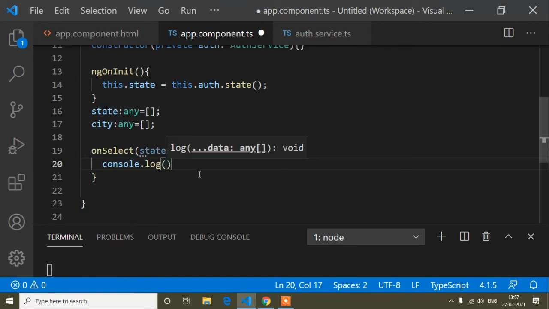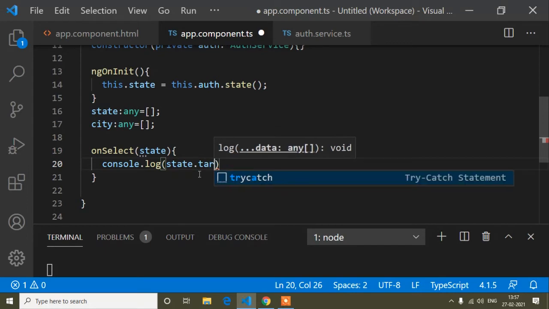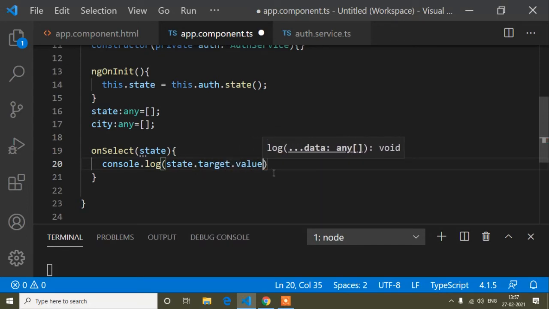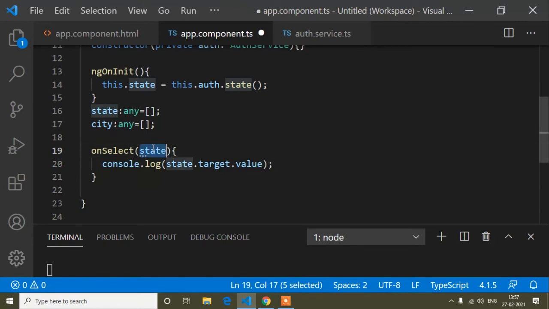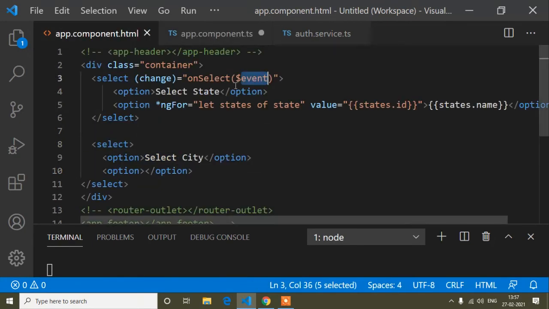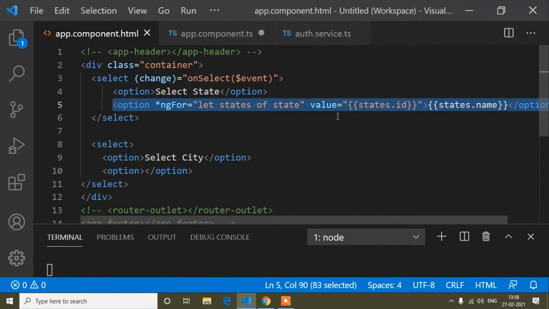If I write state dot target dot value, why? Because guys, I told you this $event means here the reference of $event, that is state. This $event gets all the DOM, but here I don't need all the DOM, I need just the value.